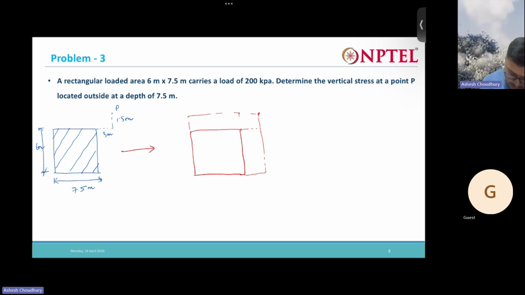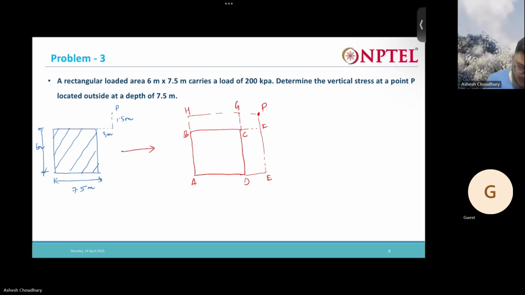Okay, so the P point is here. So what we are going to do is just write A, B, C, D, E, F,